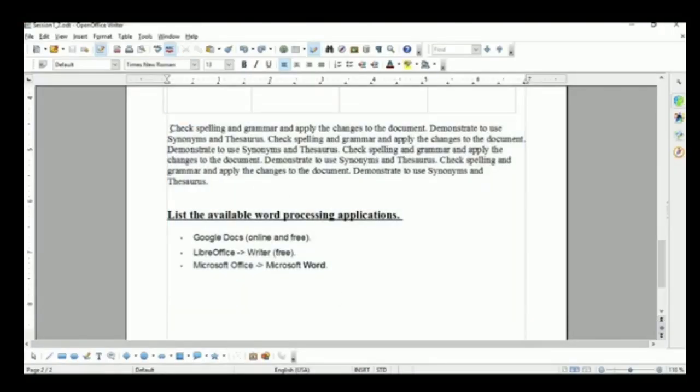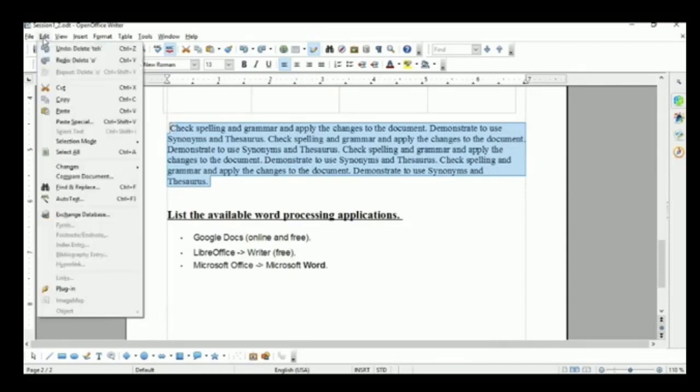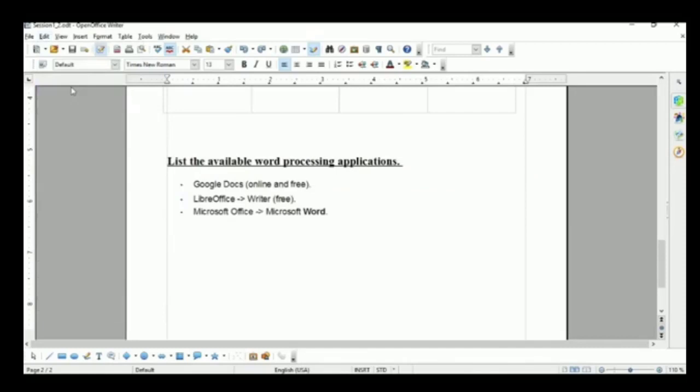Suppose that I want to cut this paragraph from here and paste it to new location. So before going to start with this, first you have to select this whole paragraph, and then click on edit. Here is cut option. Once you select cut option, this paragraph is cut.